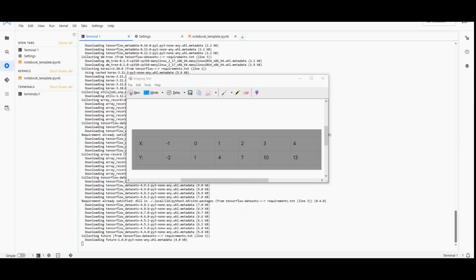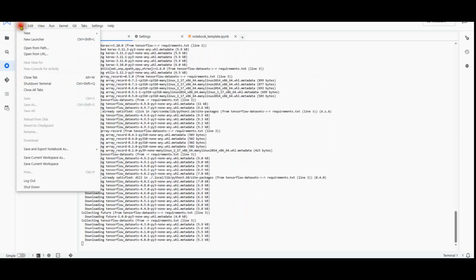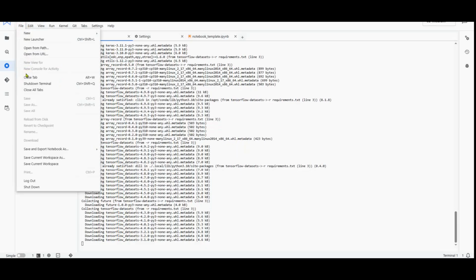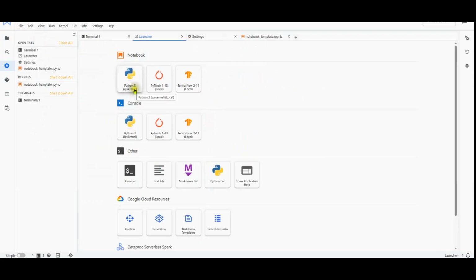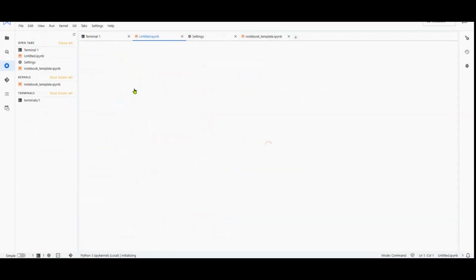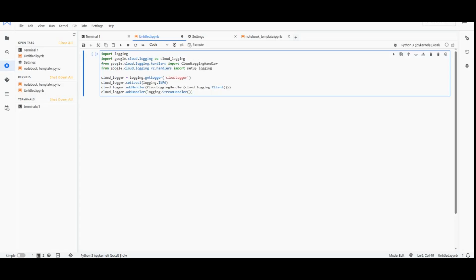So we are going to create a new notebook and import the libraries. You go to File, go to New Launcher and choose the Python 3 notebook. And now we have a new Jupyter notebook presented.